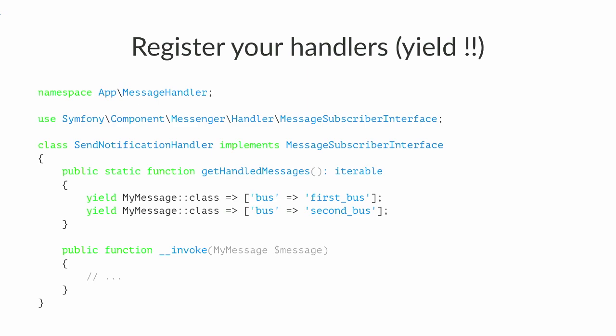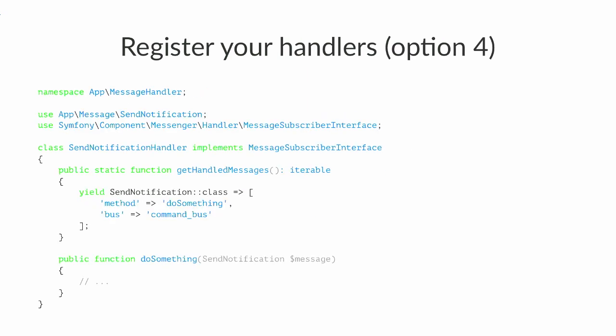That one is interesting. It looks very much like the event subscriber interface for the event dispatcher, if you may have seen that one. It allows one given subscriber to subscribe to multiple messages, plus to have some custom configuration. That's the slide after, but that's okay, we're going to work with that one. You can say that this message is going to be listened for only on the first bus. And the second one says this message, my message class, is also going to be listened for on the second bus.